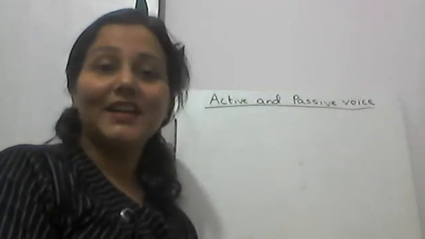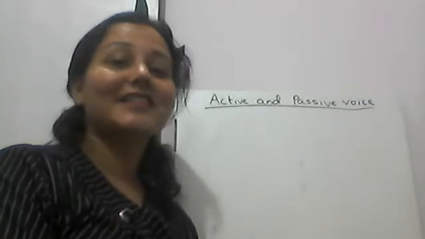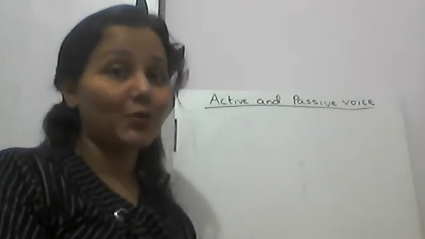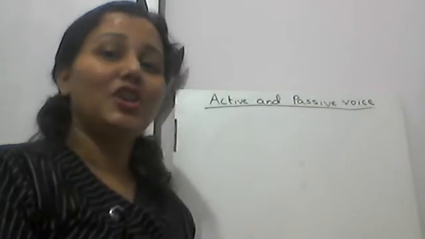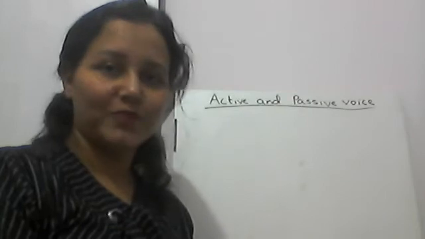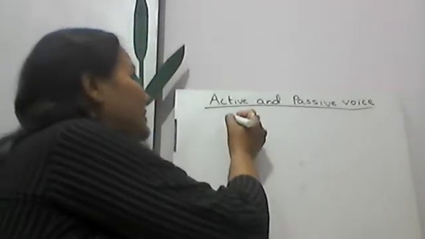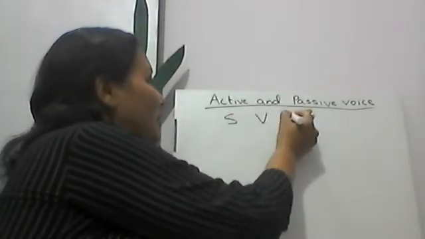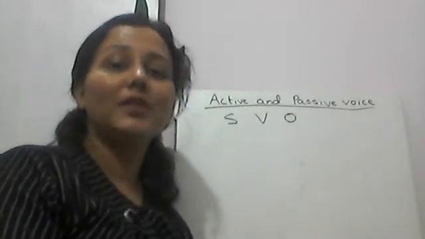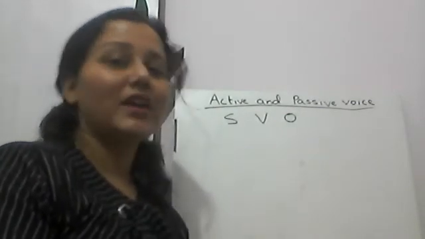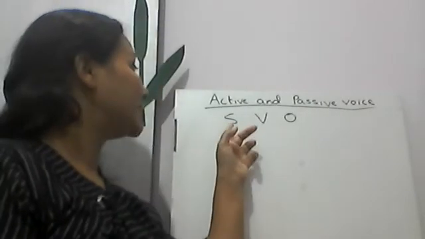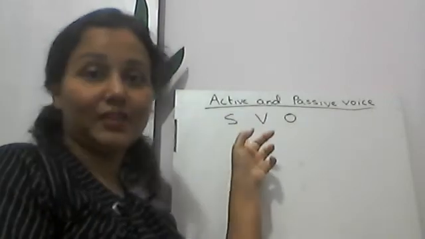Hello. Now today we are going to learn active and passive voice. Okay, this is the grammar part, as you know, active and passive voice. Now for that you need to understand subject, verb and object, because that is the main thing. Subject, verb and object. If you know what is the subject, what is the verb and what is the object, then you will easily be able to translate the active into passive and passive into active.